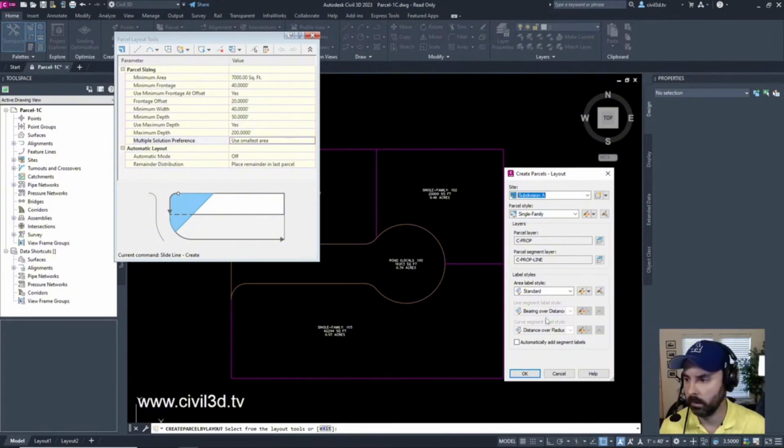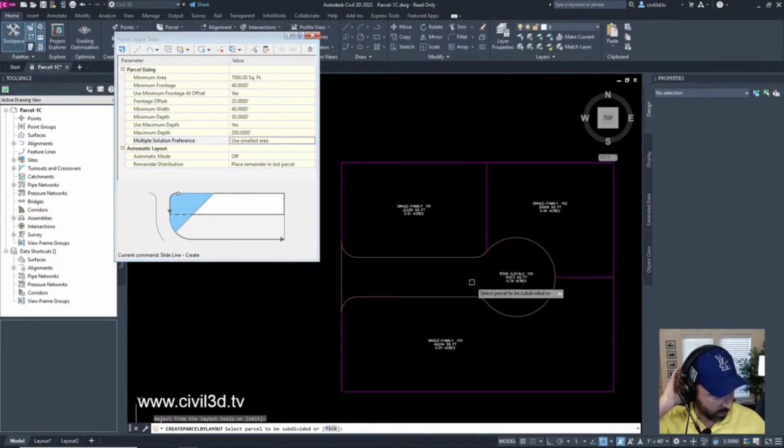Okay, we're going to leave everything. Oops. Area label style. Okay, we should be good here.